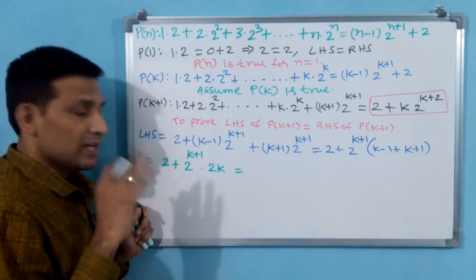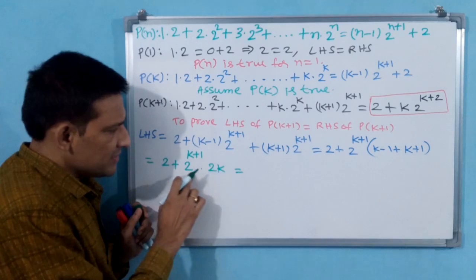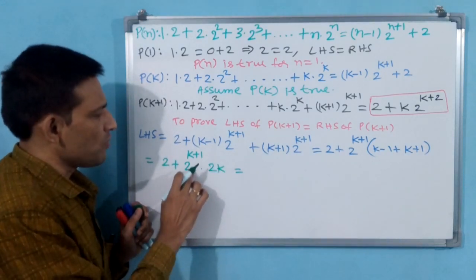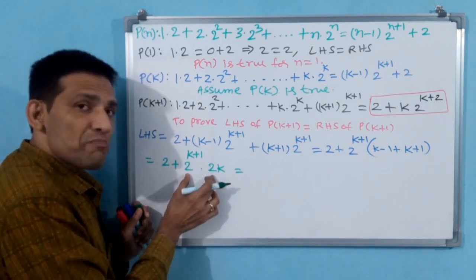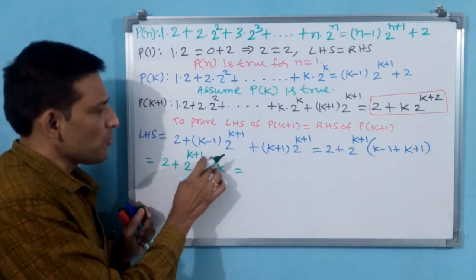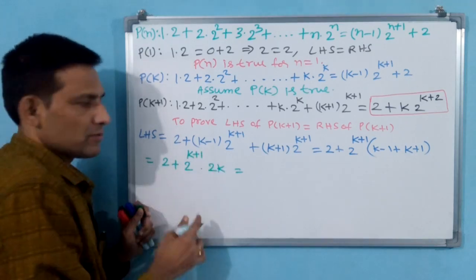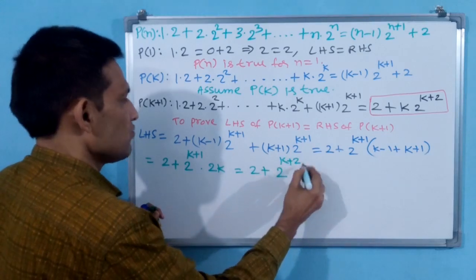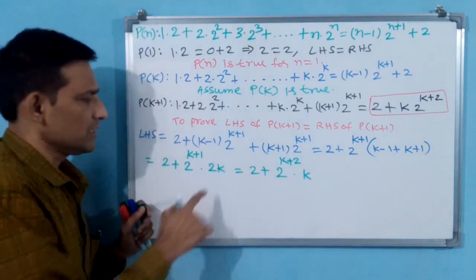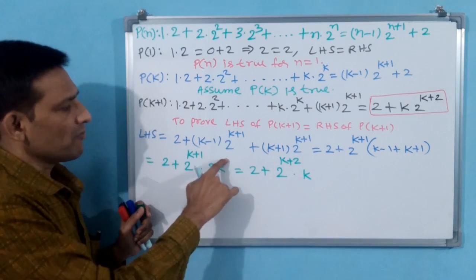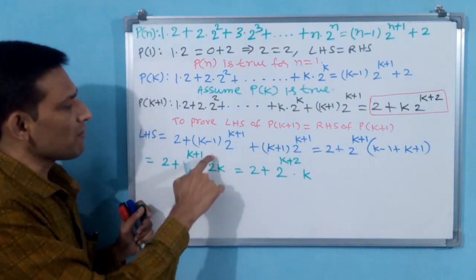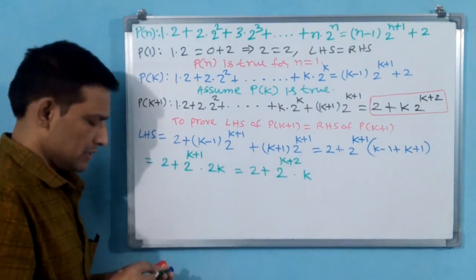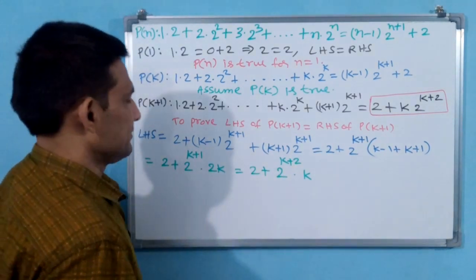You can take common. But here see, base is the same, 2 into 2, not k. K power 1, 2 power 1, 2 power k plus 1 is there. See, two bases are same. Powers we can add. 2 power 1, k plus 1 plus 1, k plus 2. 2 plus 2 power k plus 2 into k. Is it correct? You see, k nothing going to do. K power 1 like this only is there. But 2 power 1 plus 2 into 2 power k plus 1 means 2 power k plus 2. Is it okay? Now what you have to do, you box it.